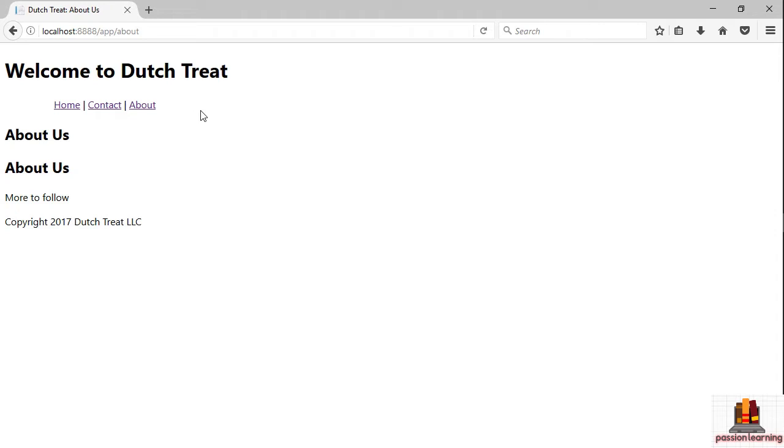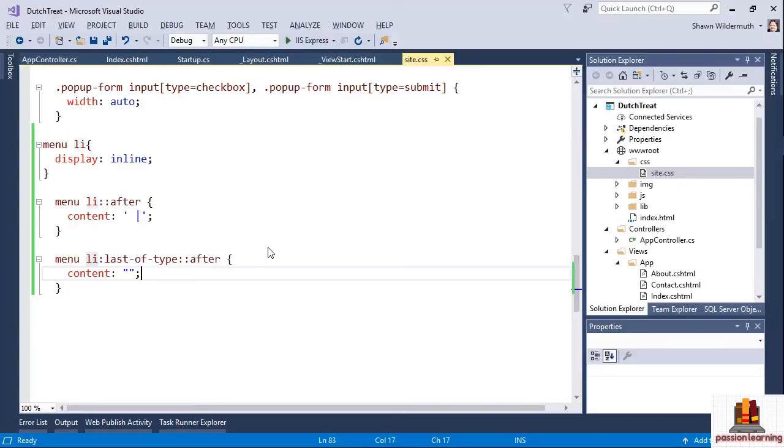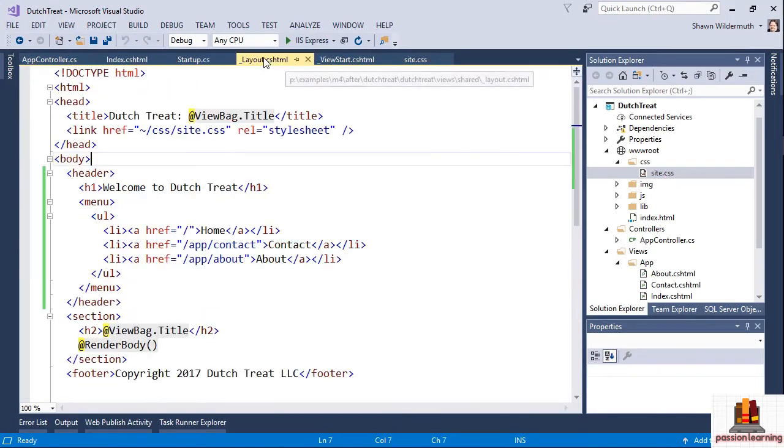This is really only a hint at some of what CSS can do, but I wanted you to see that. But we still have a problem. These links work, but they're fragile. Let me show you what I mean. Here in the